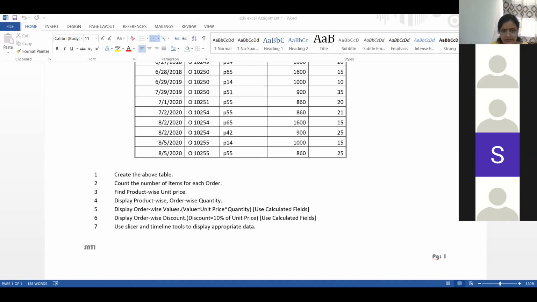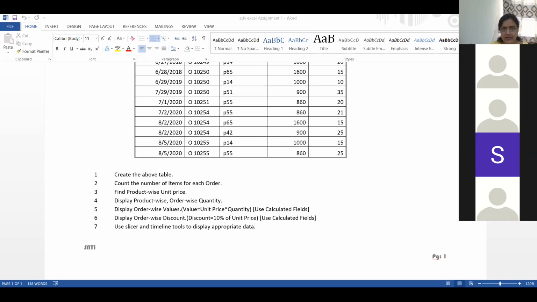Jitendra? We have quantity. Order wise. Count of order is 12. Yes, just a minute. Can you see the screen?